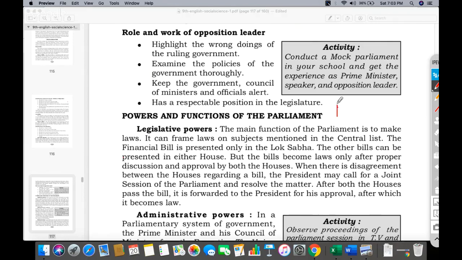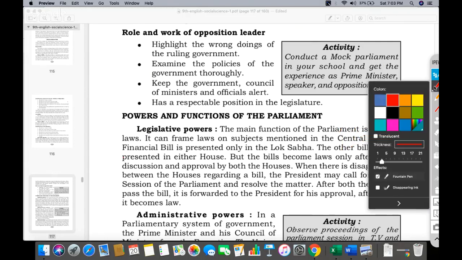How is a bill converted to an act? When does it become a passed bill? When it is supported by both Rajya Sabha and Lok Sabha. And when does the bill-to-act conversion happen? After the bill is passed by Lok Sabha and Rajya Sabha, it is sent to the president. If the president signs it, it becomes an act. It becomes a law of India by the signature of the president.